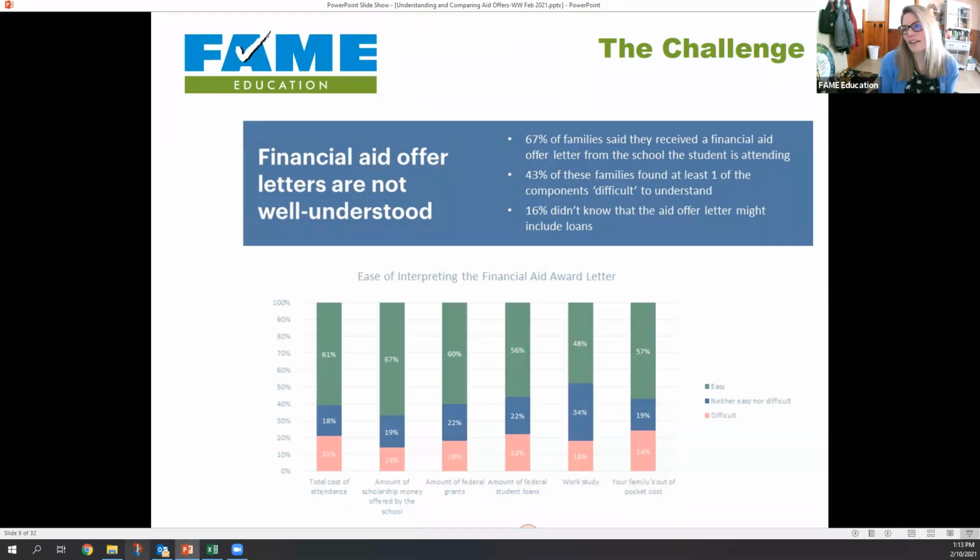But I just wanted to highlight that there are thousands of schools in the country, and they're like snowflakes, really. You're not going to be able to easily look at two aid offers and see them look identical. So I just wanted to point this out. If you're hearing that students or families are confused, asking what does this mean, help me interpret it, they are not alone and this happens across all of the